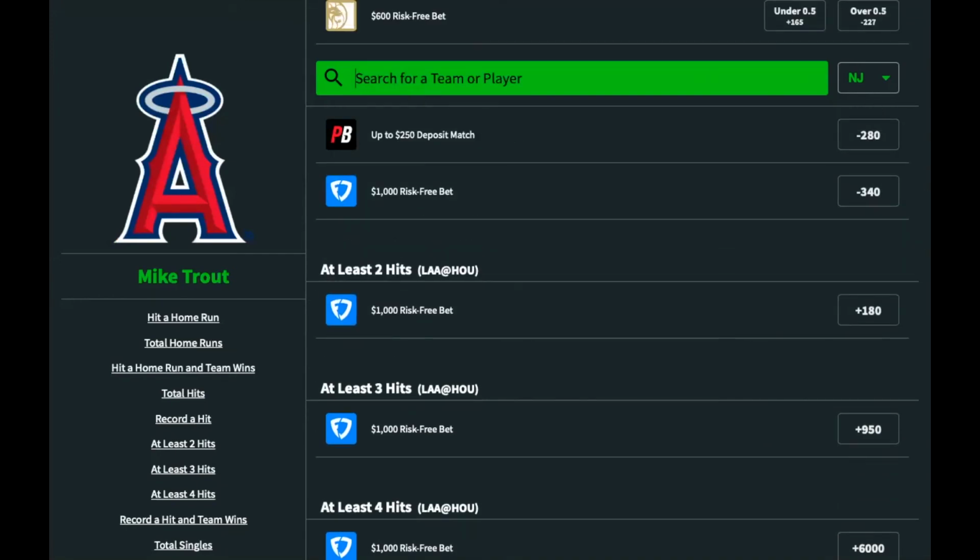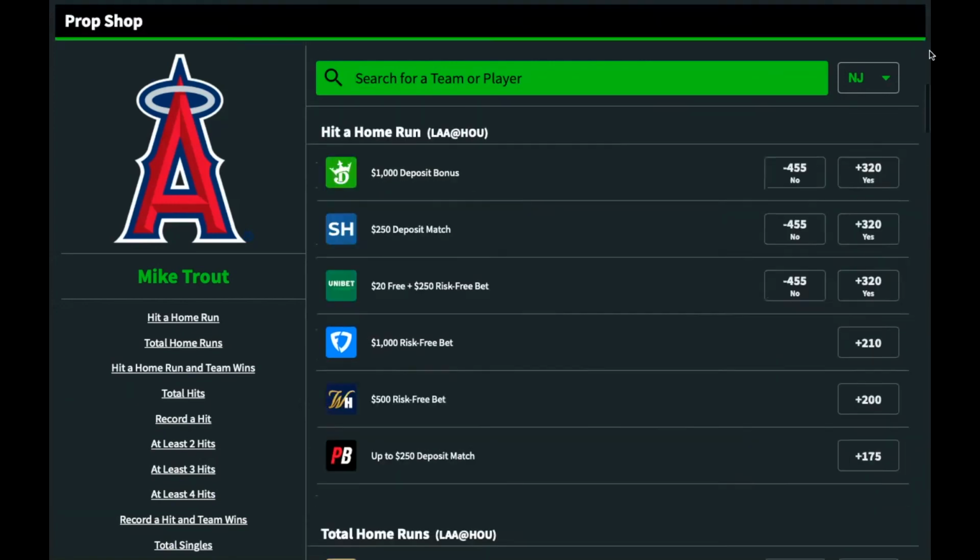I did not look at MLB today. I'm not going to lie to you guys. I'm in NBA mode here. But put in one of the starting pitchers and you'll see it pop up with their K prop number and things like that. So remember, get over to FTN Bets, use the prop shop tool. If you can find something that you're looking to bet at a better price, go to that book and bet it. And if you guys really need to, if you don't have that book signed up, you can come over